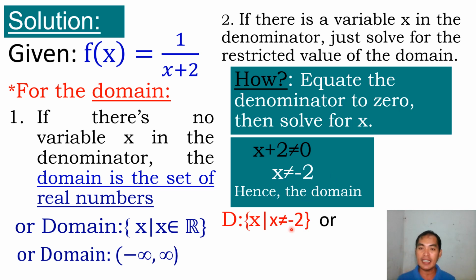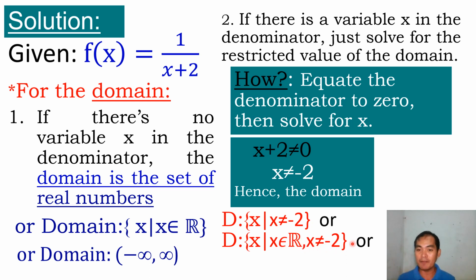How to express that? In set notation, the set of all x such that x is not equal to negative 2. Take note, do not forget the bracket because that's referring to the set. You can use D as symbol for the domain or the word domain, equal or colon. Or you can express this as the set of all x such that x is an element of real numbers